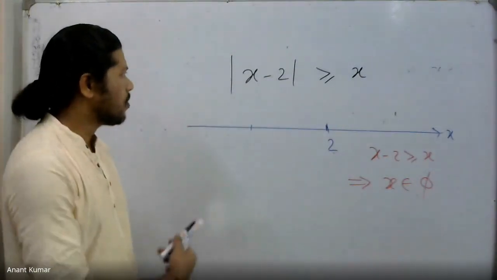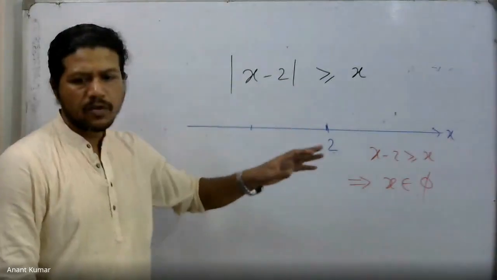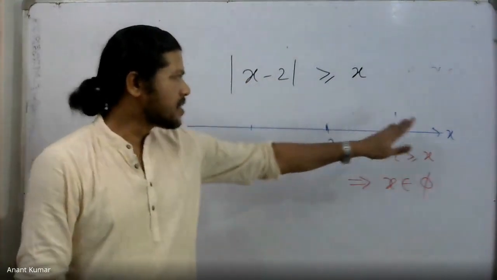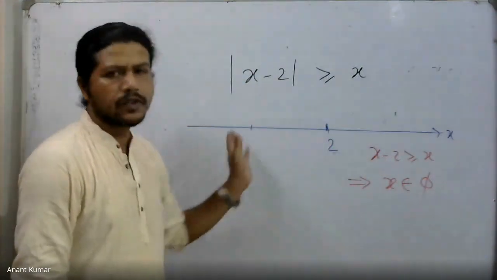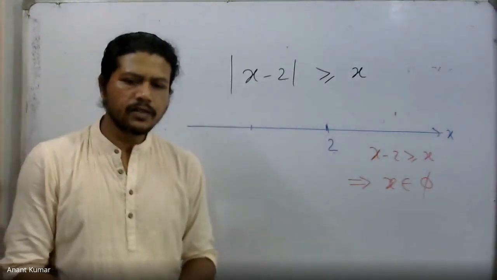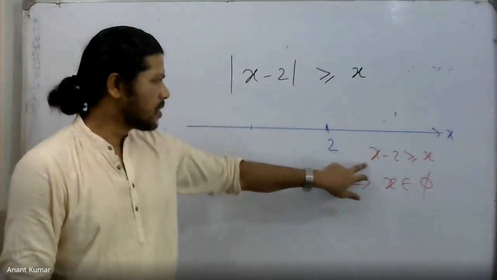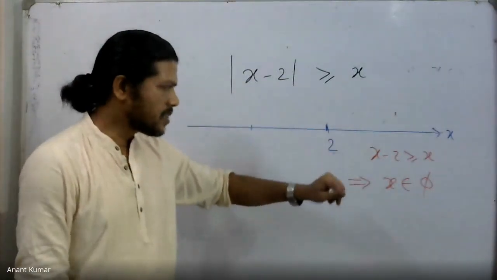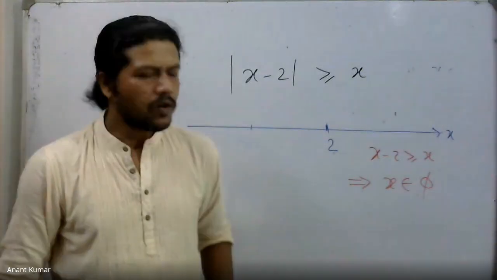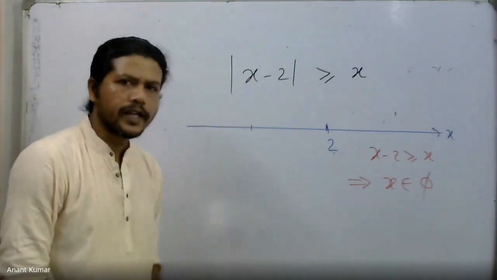In this case, for example, if I look at mod of x minus 2 more than or equal to x, because mod of x minus 2 becomes 0 at x equal to 2, I effectively look at the point x equal to 2. The right side is one region, the left side is the other region. For the right side, I notice that mod of x minus 2 is becoming x minus 2 because x minus 2 is positive. And so this side inequality simply transforms to x minus 2 more than or equal to x. But this is in fact giving us a null relationship because we cannot ever have x minus 2 more than x. If we cancel this x out, I get minus 2 more than or equal to 0, which is wrong. That implies this will not be true for any x.